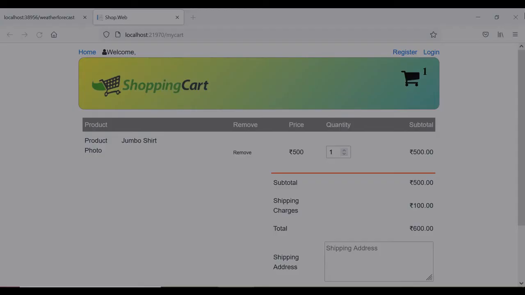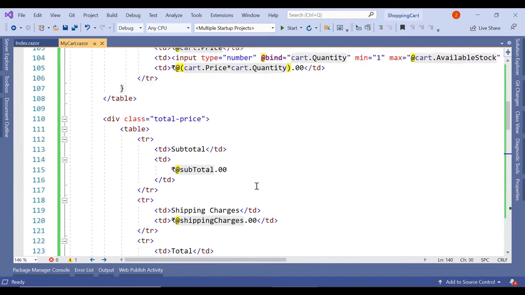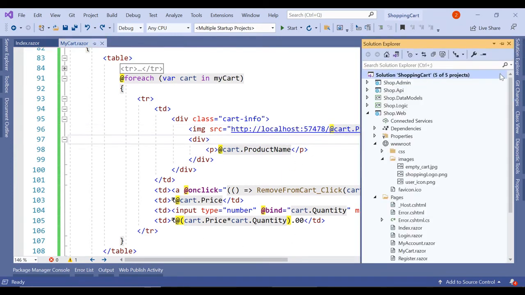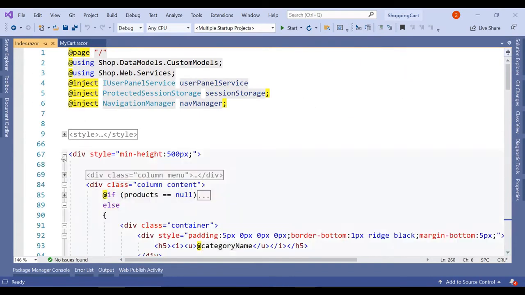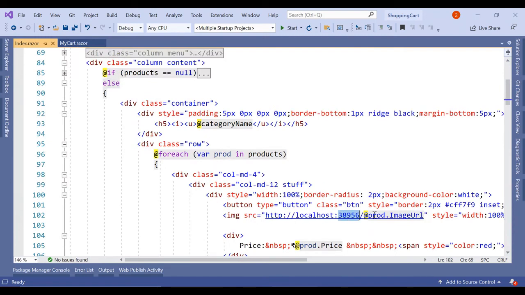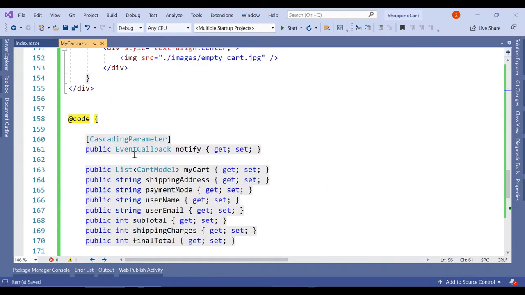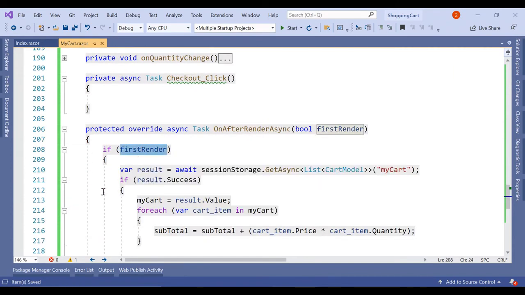So let's close this page. To load the image we'll have to add this. On our index page we have added a few things with localhost and this port number. The same port we'll have to use here. And if we see here on first render,